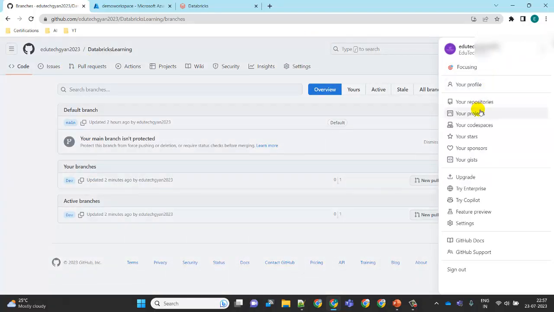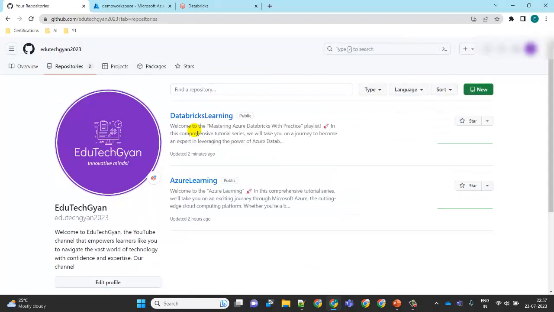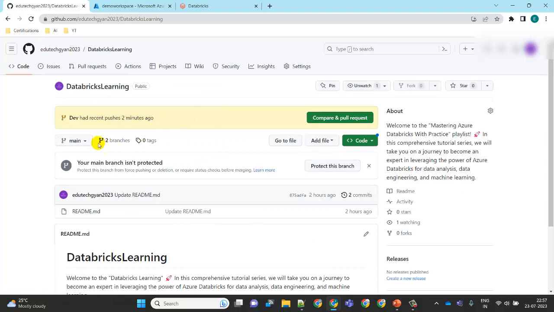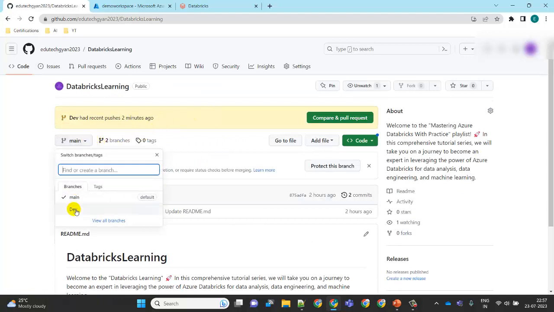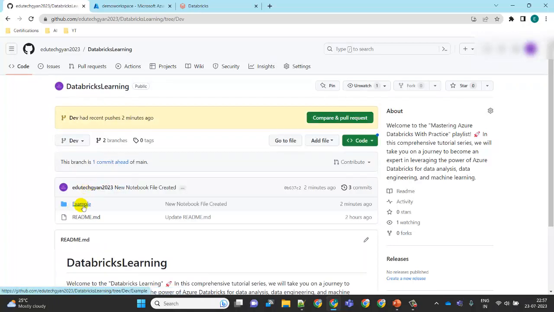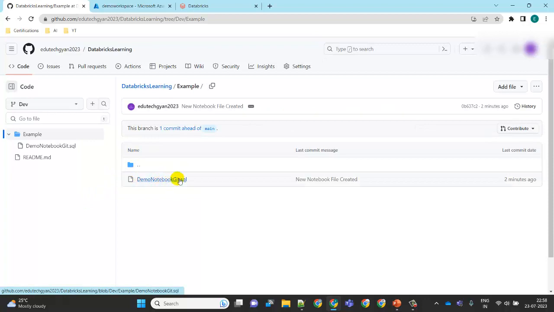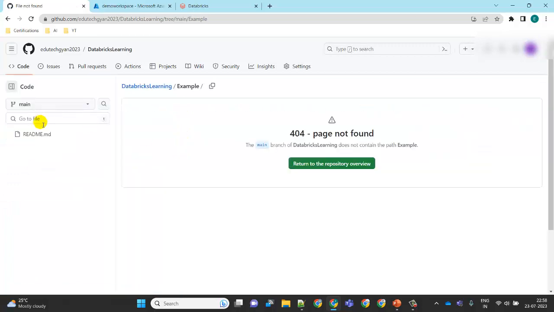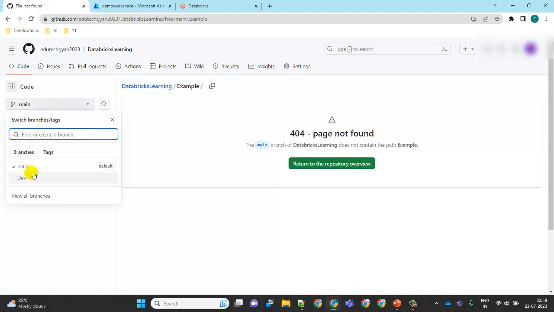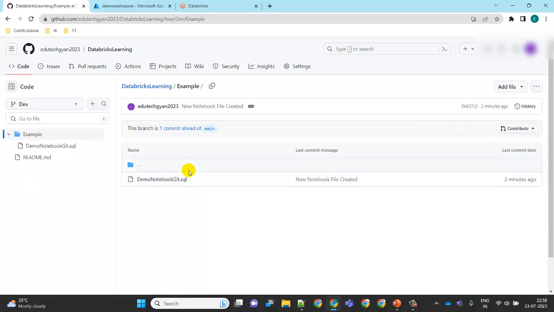What I need to do is go back to the repository. In these things we have two branches now, right? In the dev branch you can see the example folder, and we have that file as well, right? But once we click on the main branch, we don't have anything here. This is empty. So what we can do is go back to our development branch